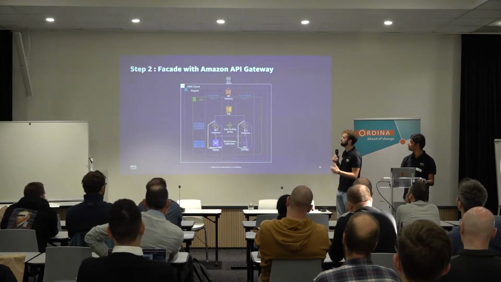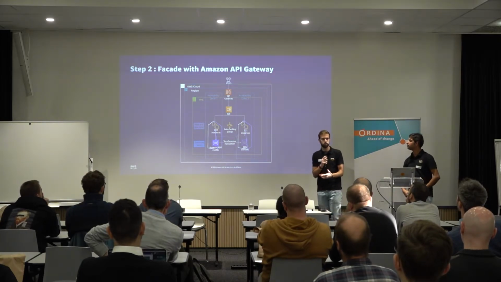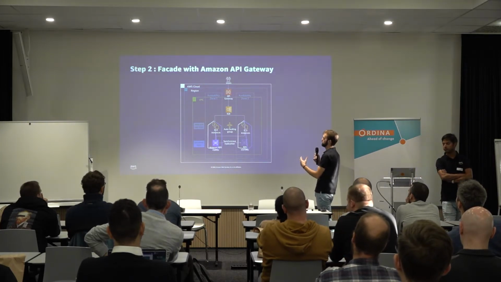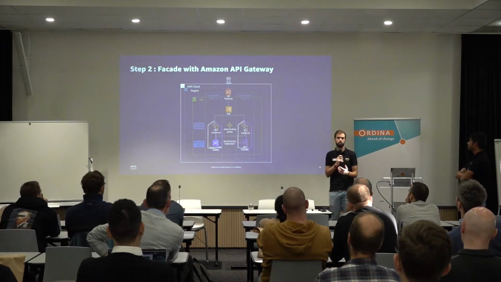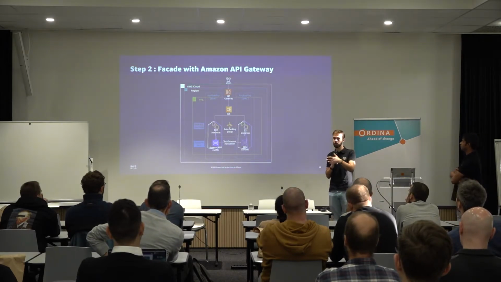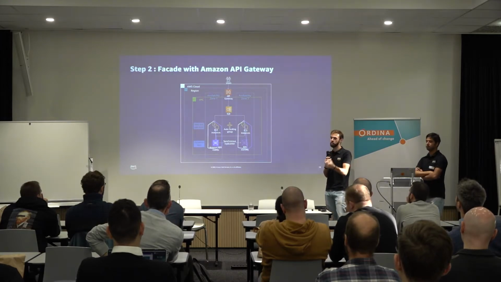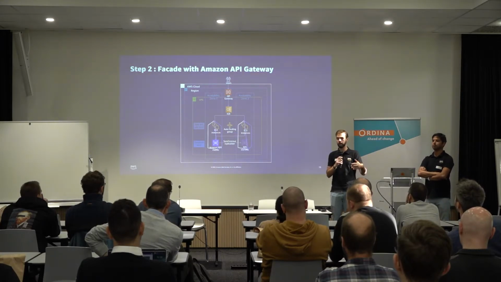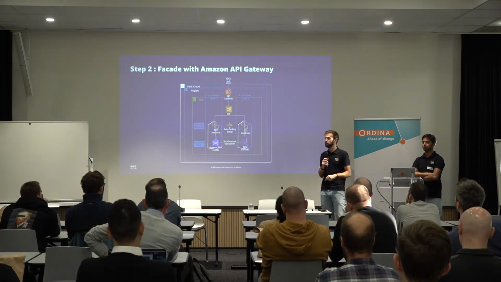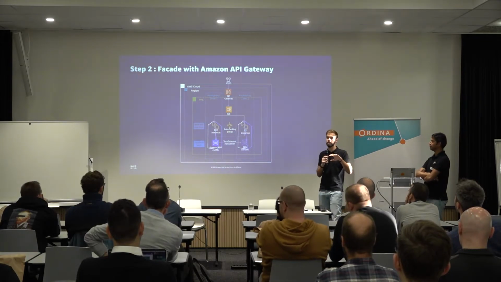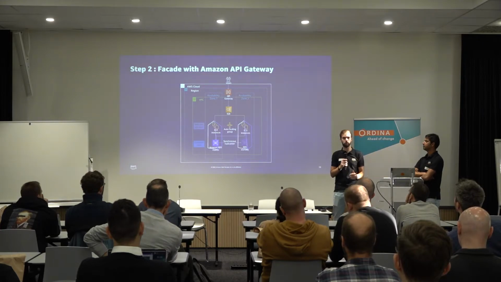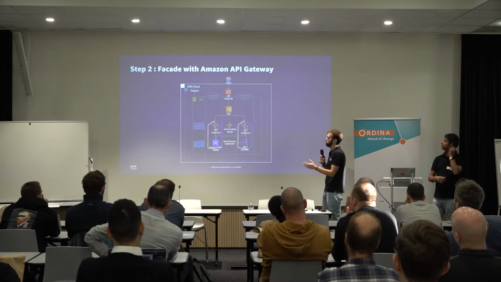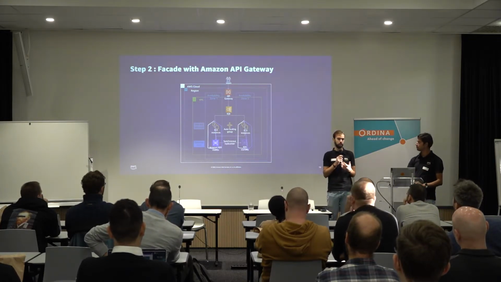Moving forward, the next step is to build the facade that Manish was talking about. So the idea here is to add an API gateway in front of the ELB, which at the beginning would act basically as a proxy. So requests coming from your client would get to the API gateway. An API gateway is a serverless service that we offer, which allows you to basically create and manage APIs at scale. At the beginning, you can create a stage in your API gateway that would simply redirect all the incoming requests to the ELB, and then the request will be served by the application rehosted to EC2 and RDS.